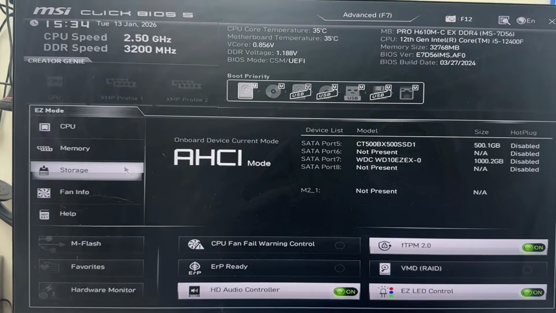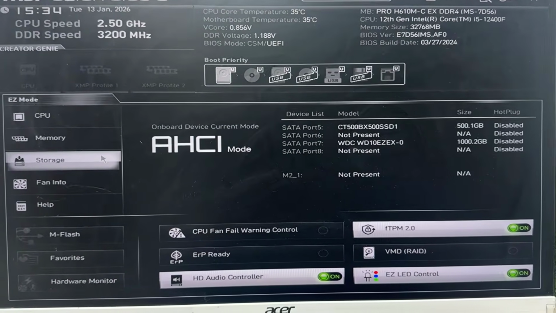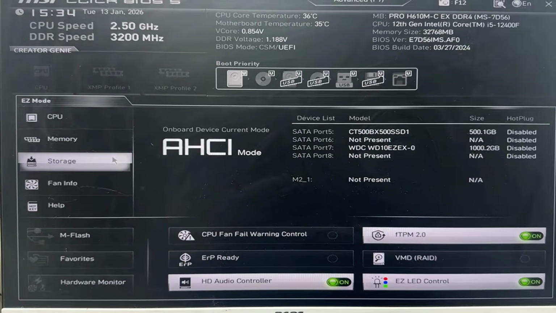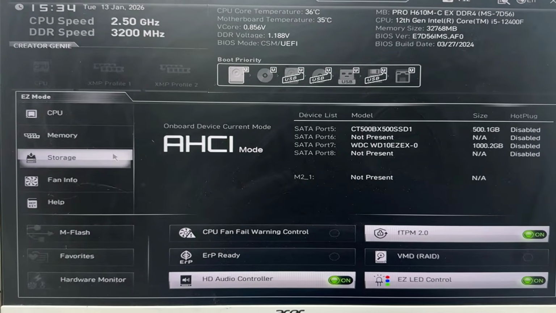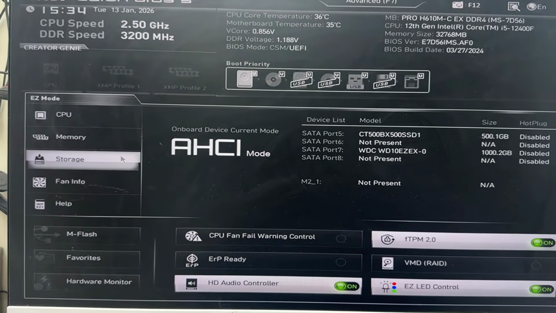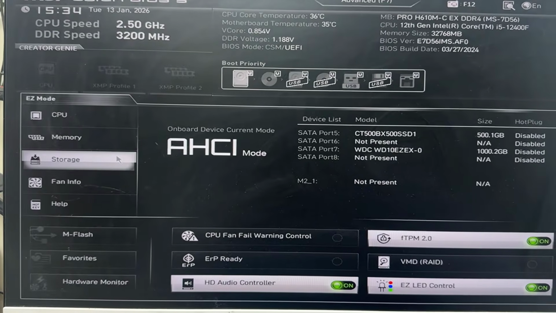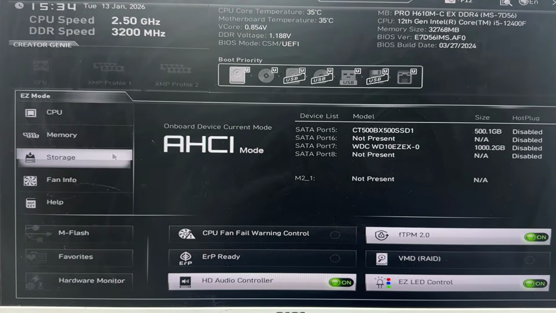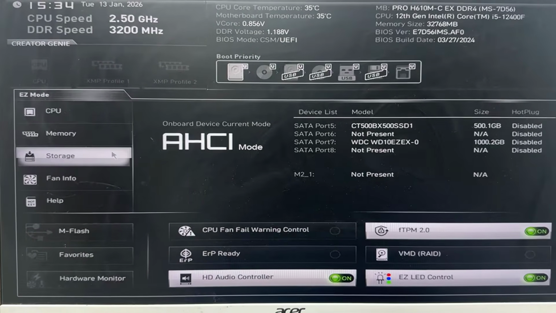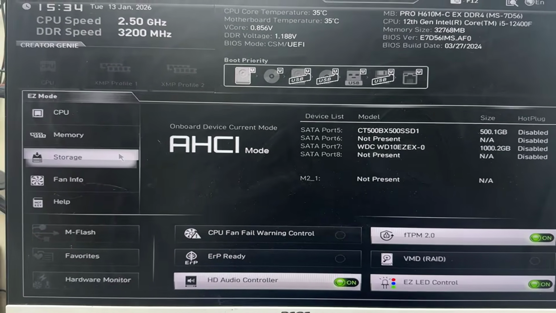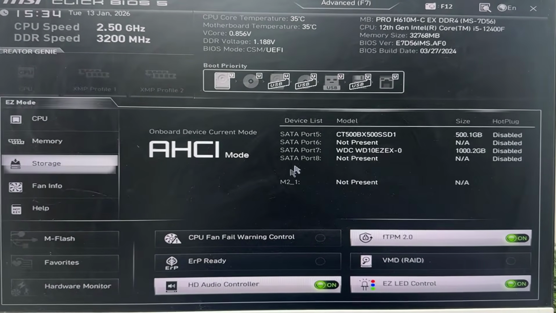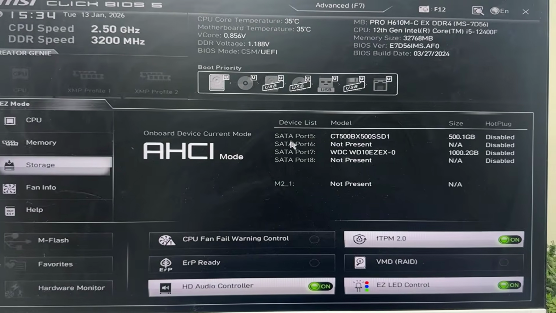According to the error that we discussed, no operating system found, the very first cause on your desktop or laptop may be that the hard disk connected with your machine is not connected properly and not detected by the motherboard. To verify that your hard disk is connected properly, because maybe the issue is related to the operating system files, please click on storage, and under storage it will give you all the ports that are